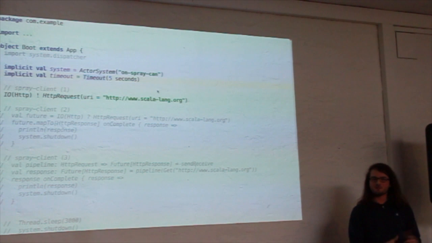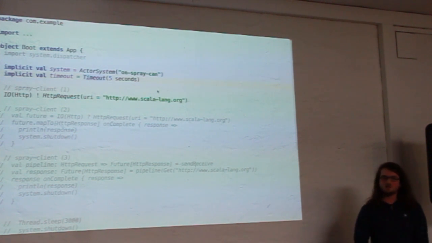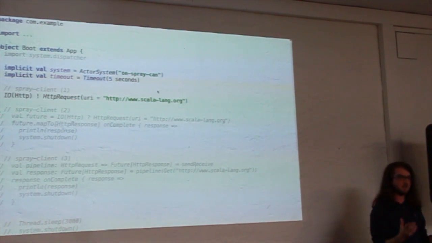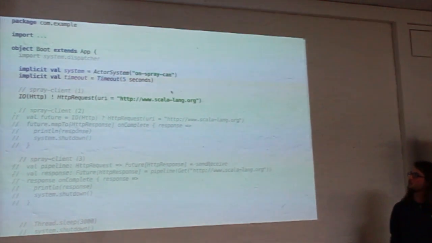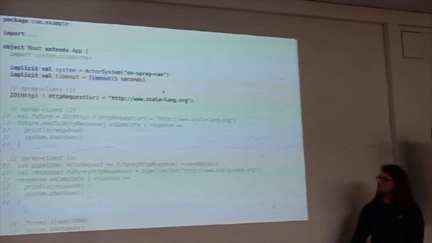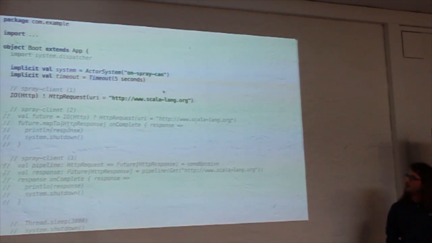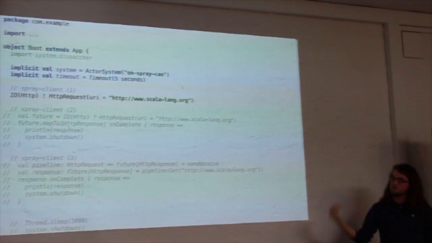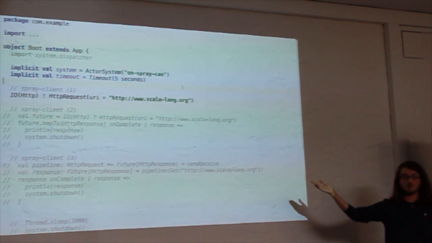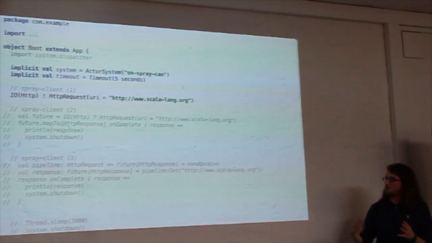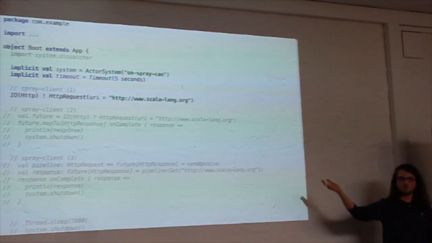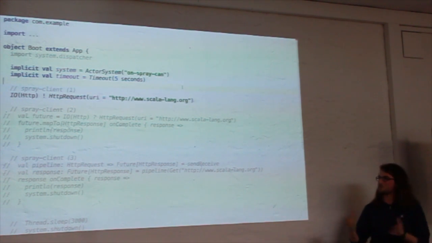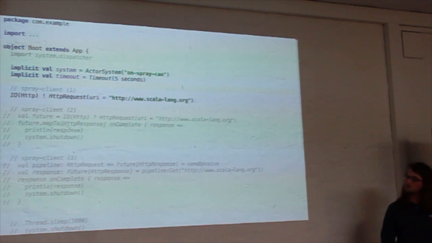All right, first I want to talk about Spray client. As said, there are a few ways to make an HTTP request. First, we need an actor system, which is basic Akka stuff, as an implicit value. And we also need an implicit timeout for some calls. Just ignore those for the moment. The one line you want to look at is the first one here. First, we need an actor reference to send the request to. So we get it by calling Akka I/O and saying we want the basic actor for HTTP. At this point, you could also say TCP or UDP if you wanted to do something different, but we want to send an HTTP request.